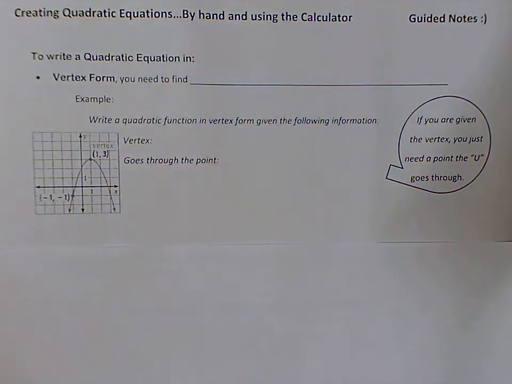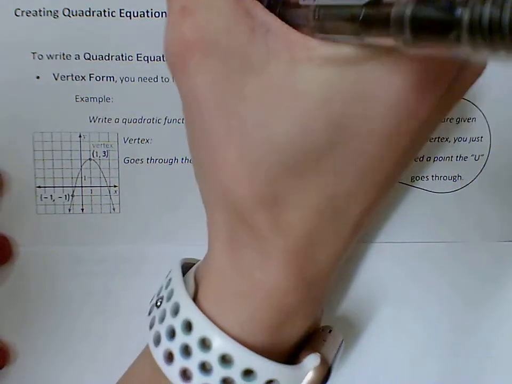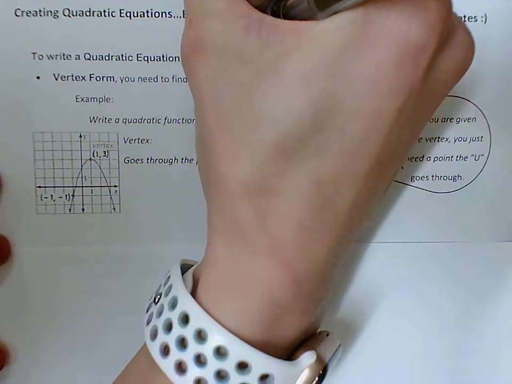So today we're working on creating quadratic equations, or in other words, writing a quadratic equation or function when we're given different information. In this video, we're working on how to write a quadratic function in vertex form. Okay, so first of all, we have to remember what vertex form is. Okay, so vertex form of a quadratic equation